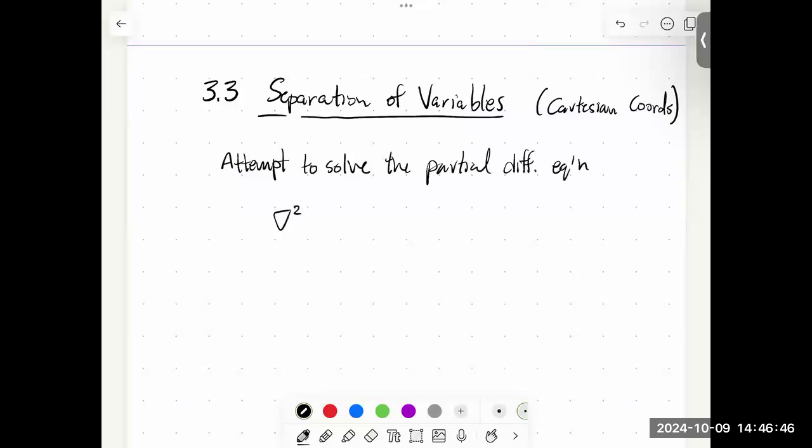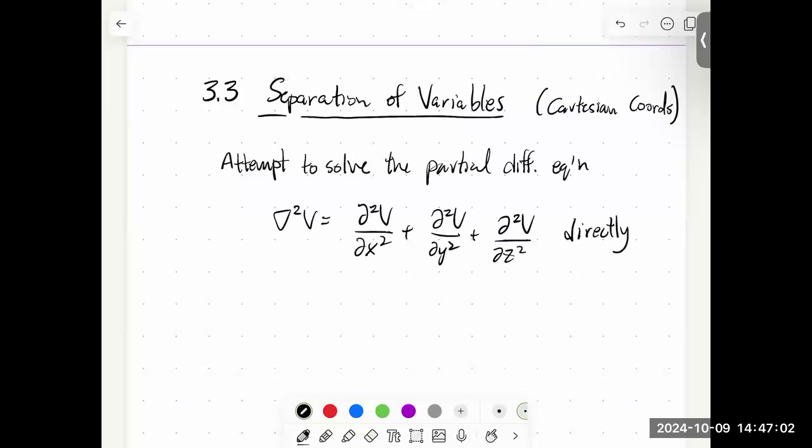Laplace's equation is the one we want to solve. In general, it would be something like this, assuming we can write